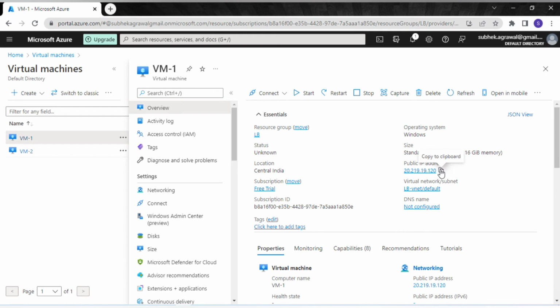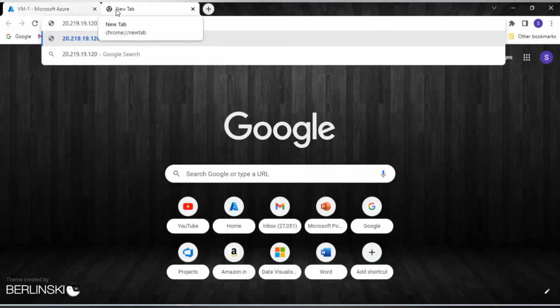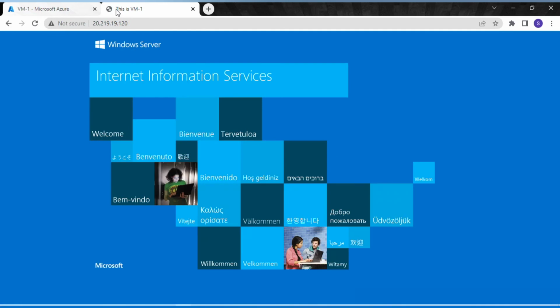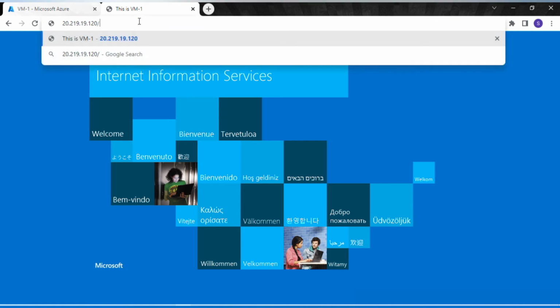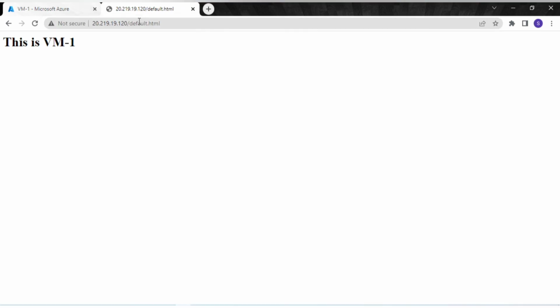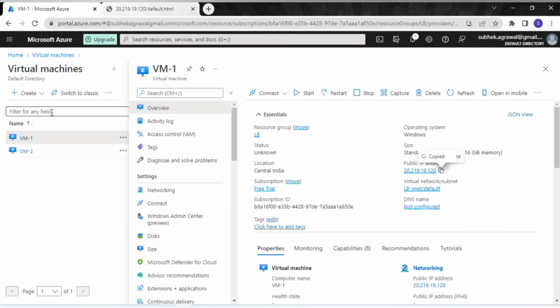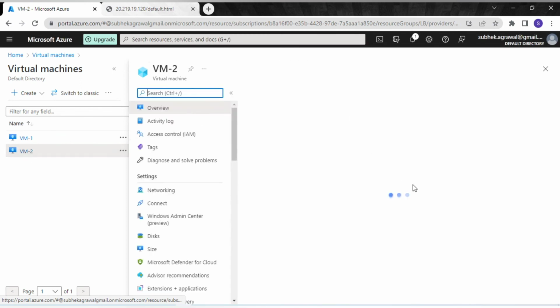and if I take the public IP address of this VM and browse it, you can see the IIS homepage is coming. So what I have done is I have created a sample HTML page here. If I go to default.html, you can see we are getting "this is VM1", and then similarly if I go to VM2,